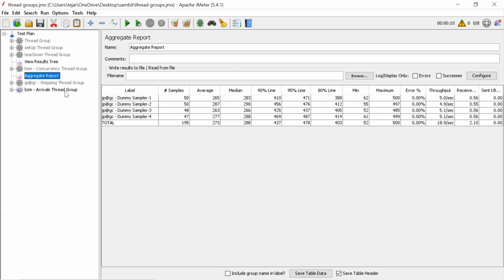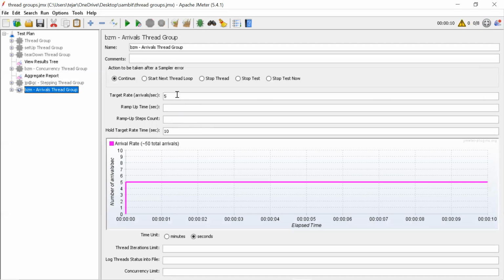The first one got executed, 50, 48, 47. Then you are correct. So each second it will try to hit with 5 users, 10 seconds, 50 users.